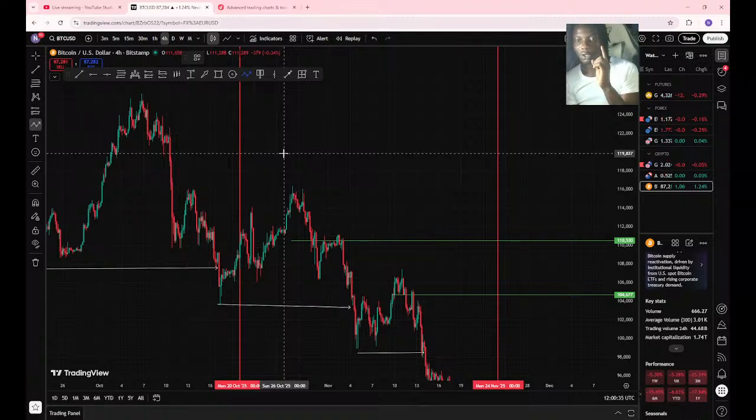Your 4 hours will be on buy, your 1 hour will be on buy. You need to make sure everything goes for a buy. If you are looking for a buy, it's like jackpot, guys. Your 4 hours will go up, your 1 hour will go up, your 30 minutes will go up if you are looking for a buy.